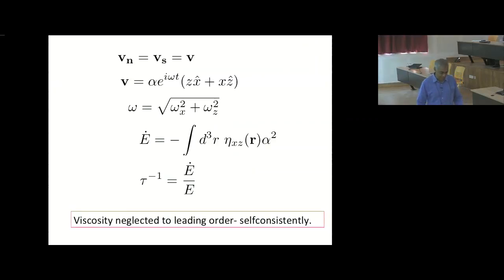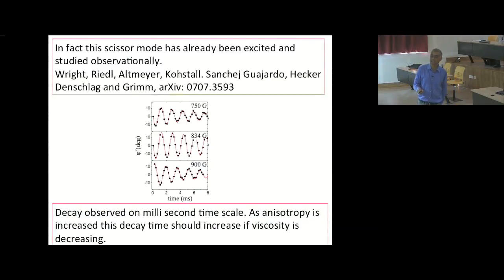What was more interesting was that this mode is well known in the cold atoms literature. It's called the scissor mode, and this mode is such that the superfluid and normal velocities track each other, and the velocity is such that along the x component, the velocity varies linearly in z, and in the z component with x. So as you can see, if you try to compute the shear, you get a shear component along xz, and that is the spin 1 component in the system, which we hope will become small. And then you just look at the energy loss, the dissipation, and the time scale over which the dissipation occurs, which should be sensitive to this component of the viscosity. So that's the basic idea.